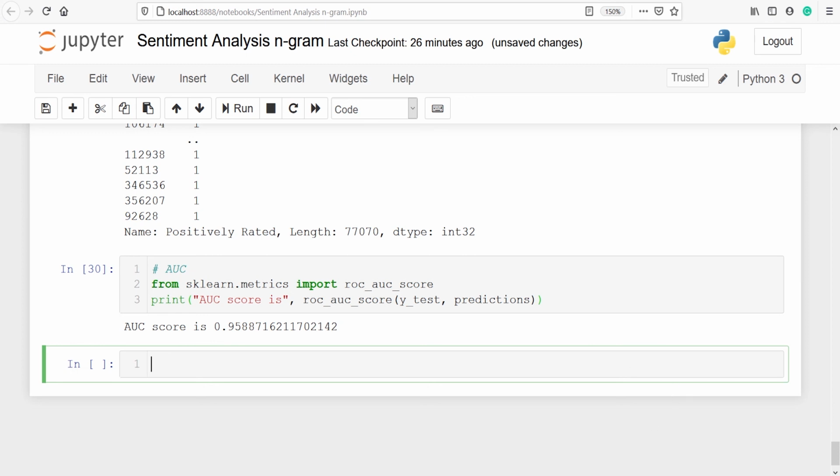I'll make one variable feature underscore names. From numpy I will call array, and then I will call our vect. From this I will call the method get_feature_names.